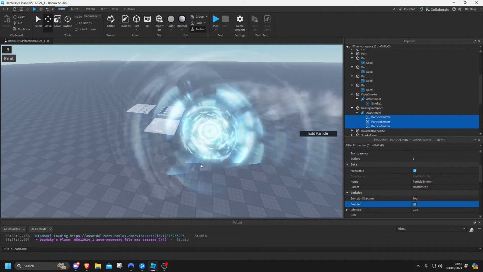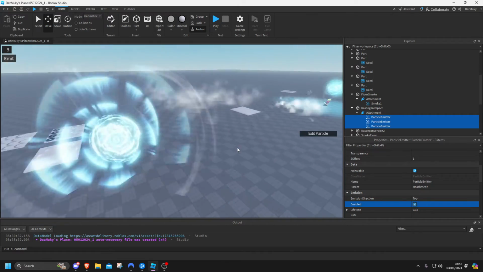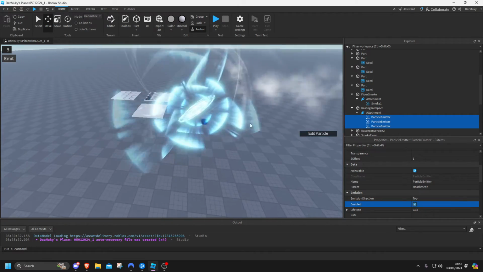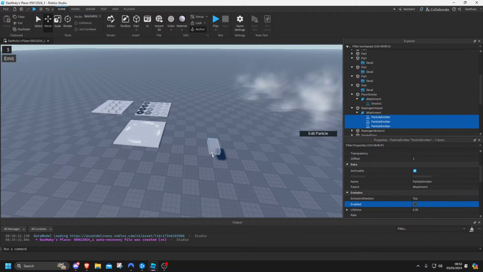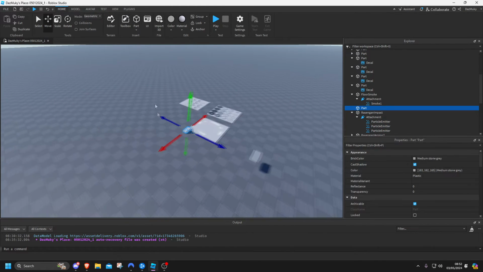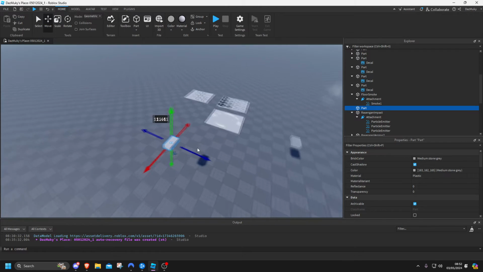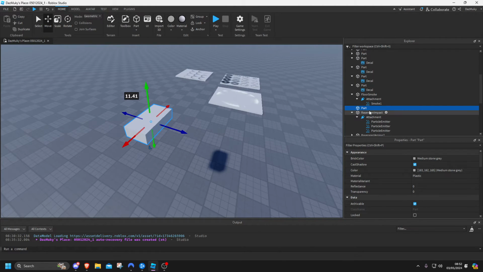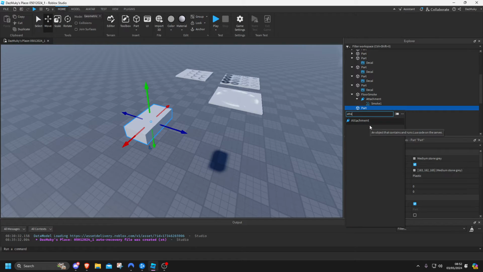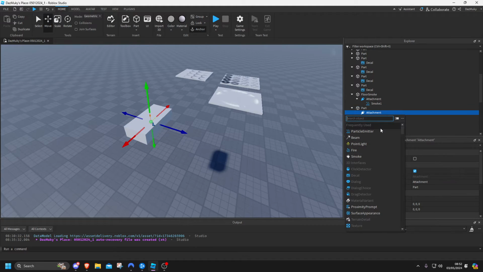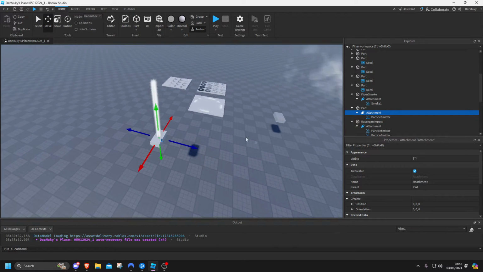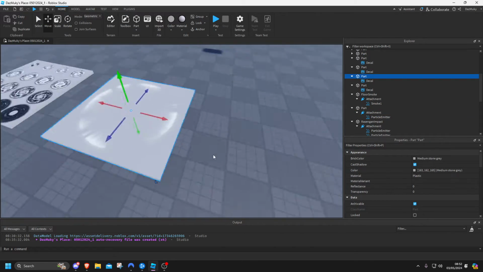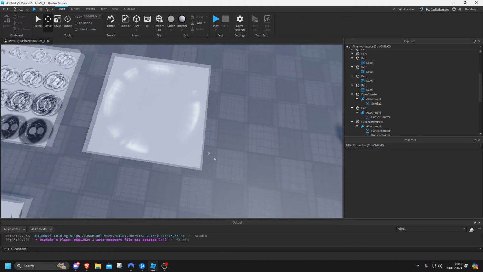There isn't any extra flare, there's no debris, there's no smoke, but when you add it all together, it may look okay, it may look passable as an effect, but yeah, this is just to showcase how you can go about it. So yeah, I'll start from the beginning here. I'll do a part with an attachment, and we shall do a particle emitter. And for the time being, we're just going to use this texture here. So it's just a circular ring